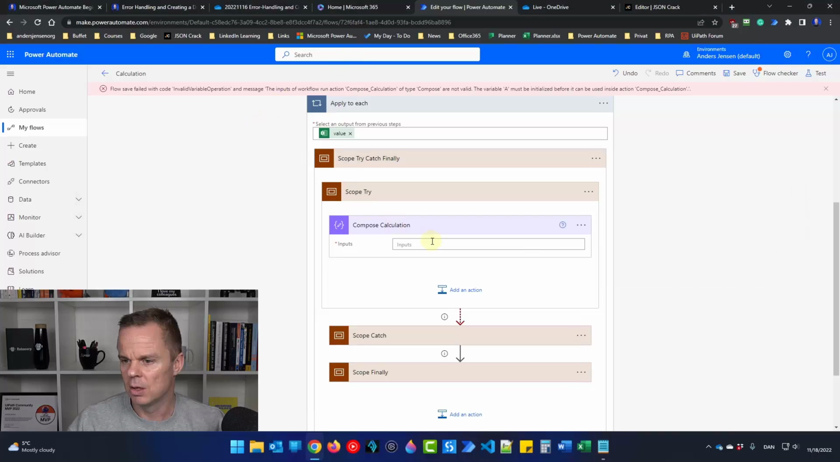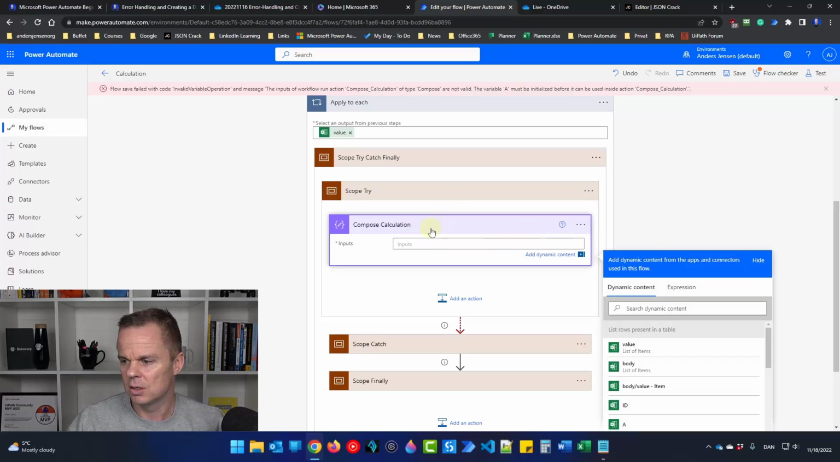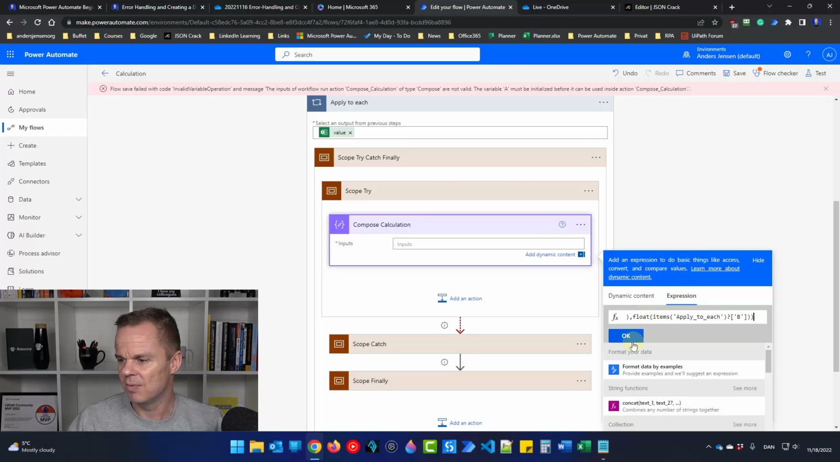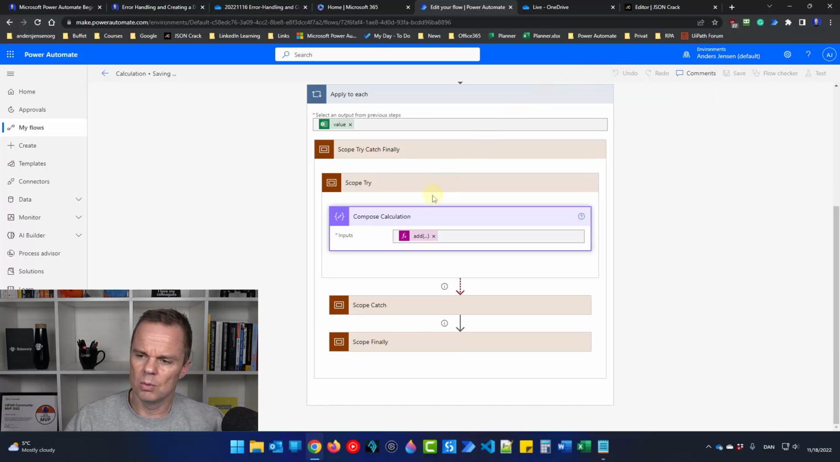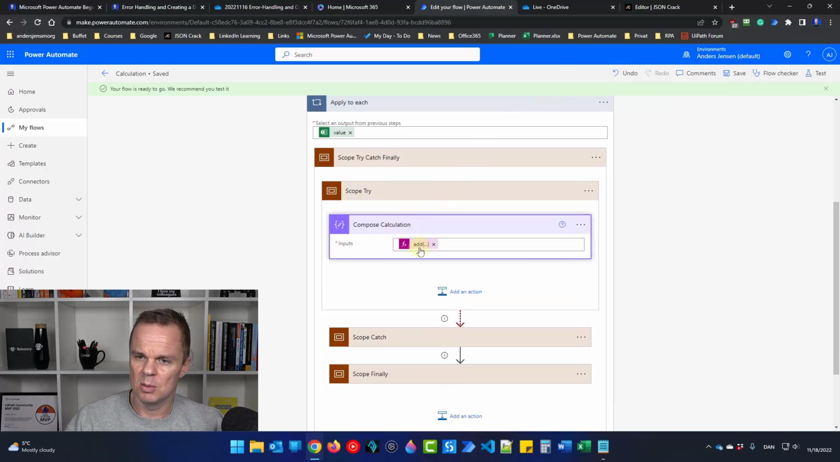I go in here in the compose calculation, and now you can see it was there for some reason. Got it here. I'll click OK, and then we'll click we added. Now we don't use the variables a and b. Our flow will be ready to go, but we will also talk a little bit about the actual flow here,